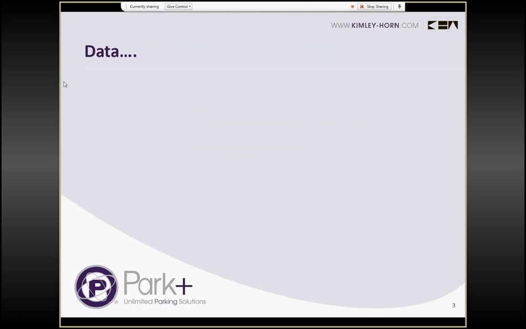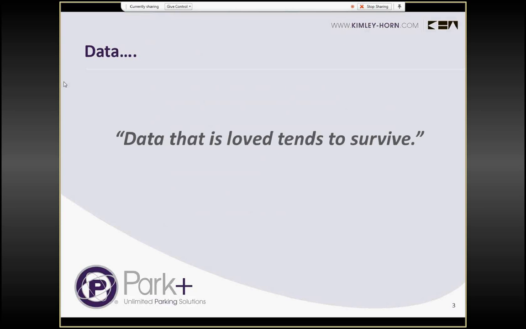So moving right along, in terms of data, I was searching online for some information about data and the importance of it, and I found this quote a while back. Data that is loved tends to survive, and that falls right into how we view it in Park Plus. If you maintain the data and keep control of the data, and you keep your land use up to date, and you keep your